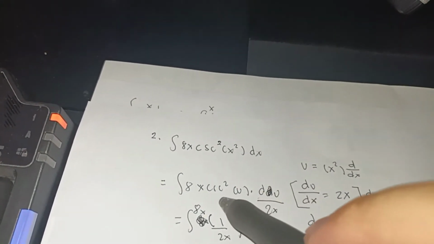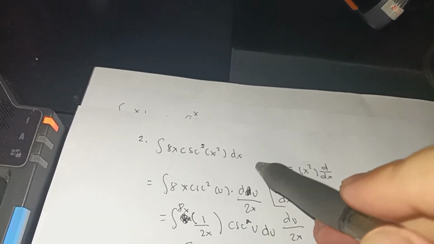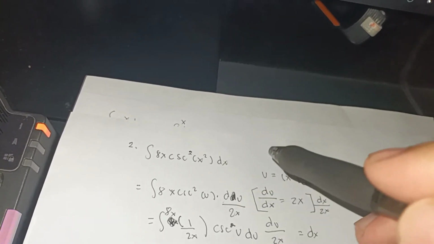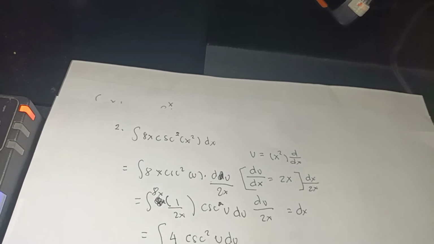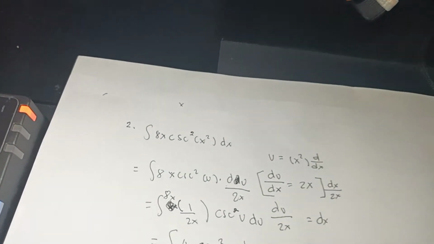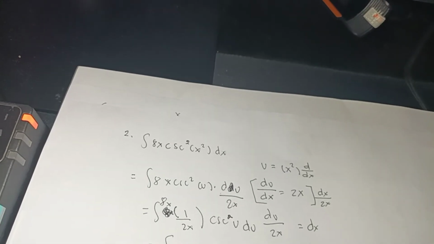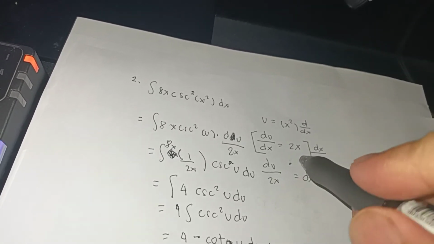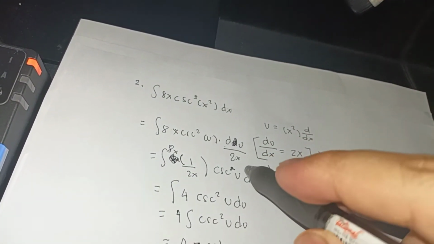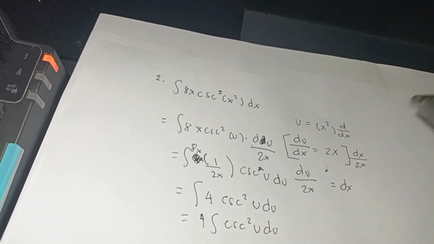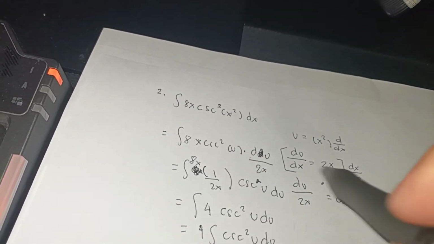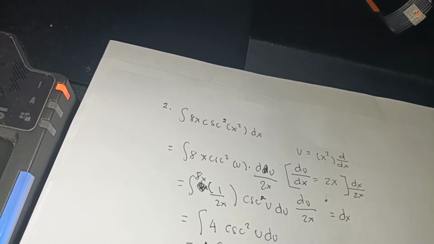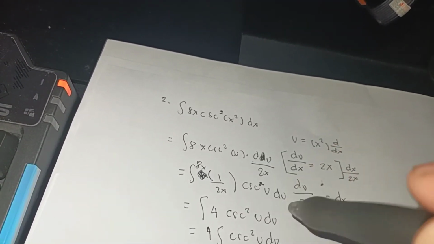Now back to the problem. We have now 8x cosecant squared. Instead of x squared, we substitute u, so it's cosecant squared u du over 2x. After that, we split the 1 over 2x from du, making it 1 over 2x times cosecant squared u du, where du over 2x equals dx. What I did here is divide 8x by 2x, making it 4. Just bring down